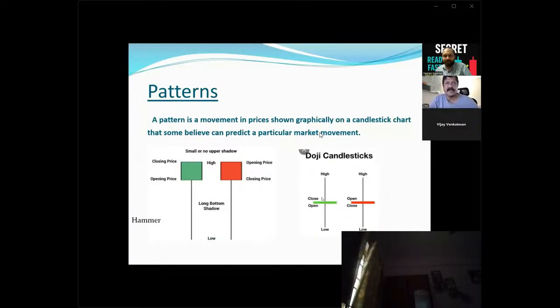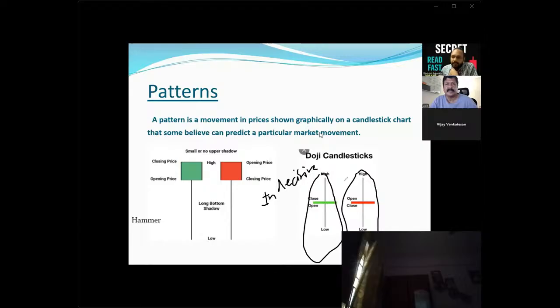The candle is just like a small line with high and low. Yeah. So this normally looks like a plus sign, right? Correct. So we call it an indecisive candle. We cannot take any decision based on this candle, because this candle itself says that buyers and sellers are equal. Top and low are equal.